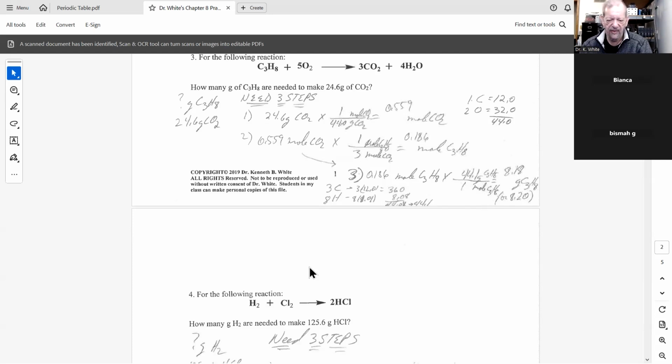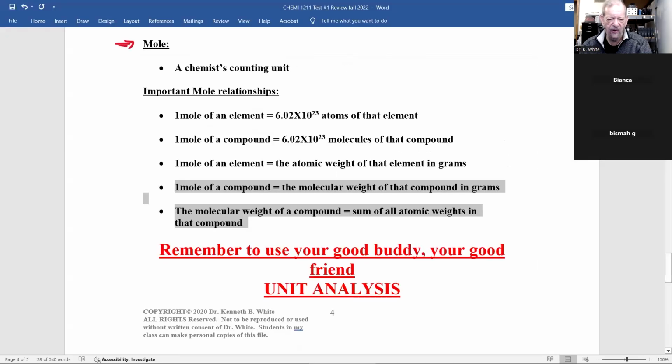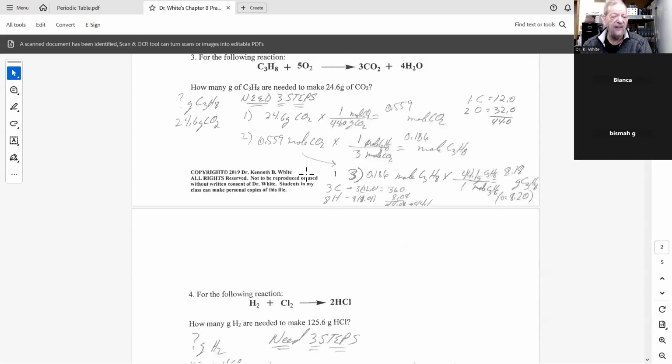And remember, this will be given to you, important information. 1 mole of a compound equals the molecular weight of that compound in grams, and the molecular weight of that compound equals the sum of all atomic weights. So we need the molecular weight up here of C3H8, propane. Well, I have that right here. Propane has 3 carbons, 8 hydrogens. And let me just show you, you need the atomic